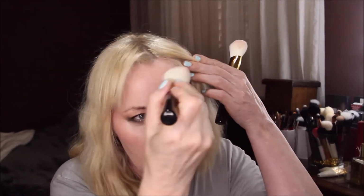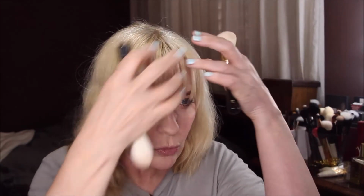A bit more. Bit of a shine over there. And why not a bit of shine here too? Like that. I didn't do my brows yet. Oh, well. So this one for powder, for blush,